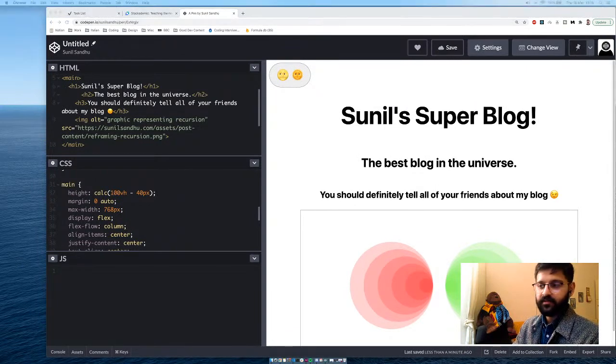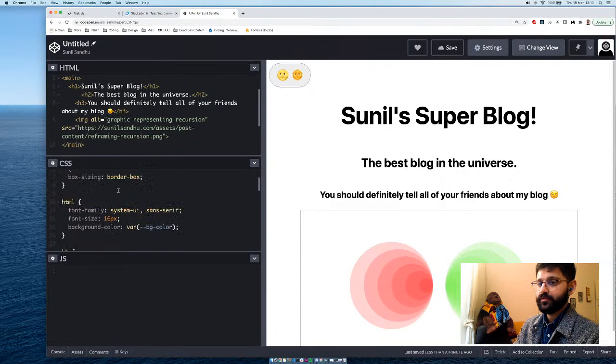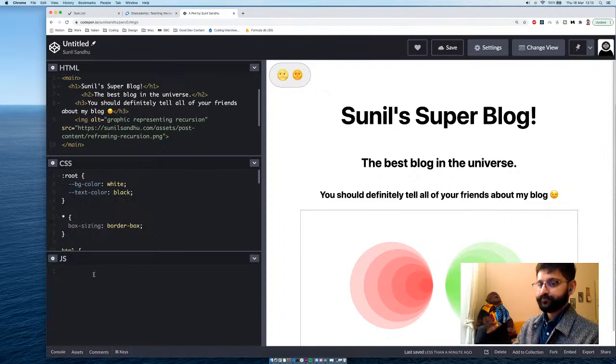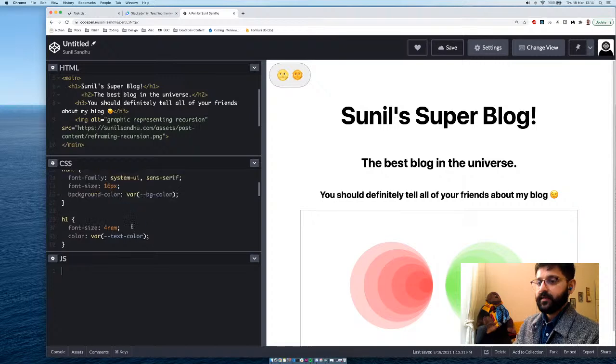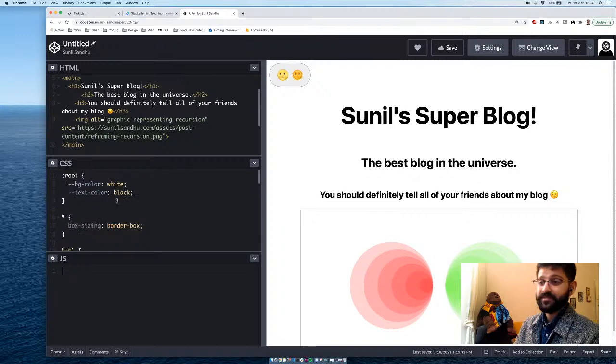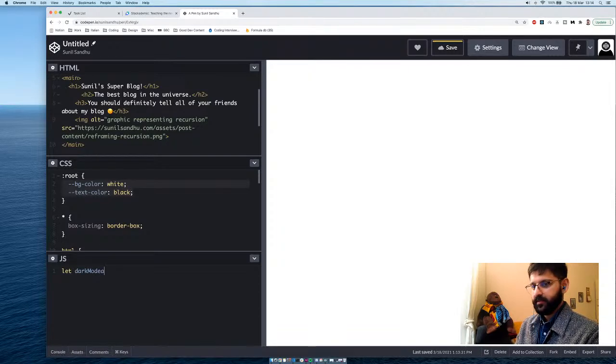Now let's write some JavaScript that will target this and allow us to change these variables. Of course, you could theoretically do a light and dark mode that just toggles every single value throughout your entire document that you want to change. But the nice thing is, if you use these variables and apply them throughout the document, then when it comes to changing them, you only need to change these two values rather than potentially trying to change everything that requires it. So the first thing we'll do is put dark mode active,